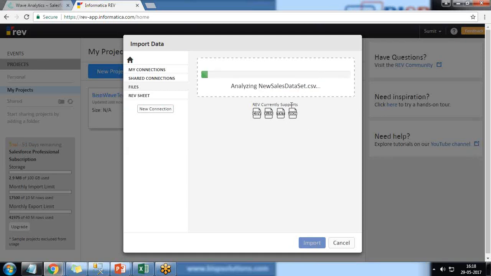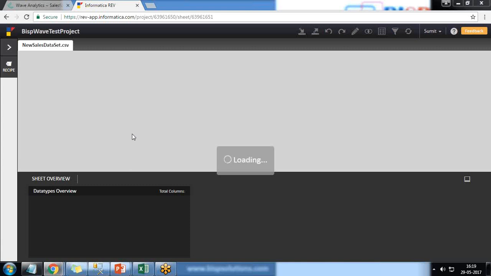Rave can currently support CSV, XLSX, TXT and JSON. So if you are bringing data from JSON, we can use Informatica to load the data into Wave with the help of JSON. Once the data gets loaded into Informatica Rave,